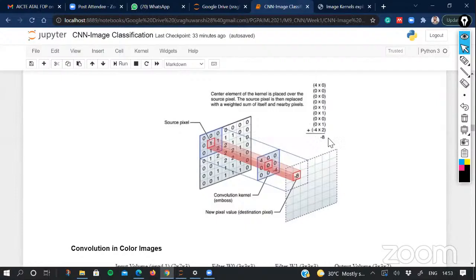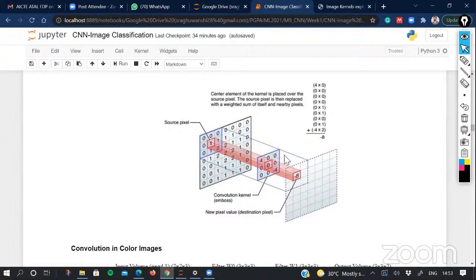This whole expression can be explained here. The central pixel is nothing but the element-wise multiplication result. The center element of the kernel is placed over the source pixel, and the source pixel is then replaced with the weighted sum of itself and nearby pixels. So this 4 is multiplied with 0, then 0 with 0, 0 with 0, 0 with 0, 0 with 1, 0 with 1, 0 with 0, 0 with 1, and 2 with -4. That results in -8, and this becomes the output.